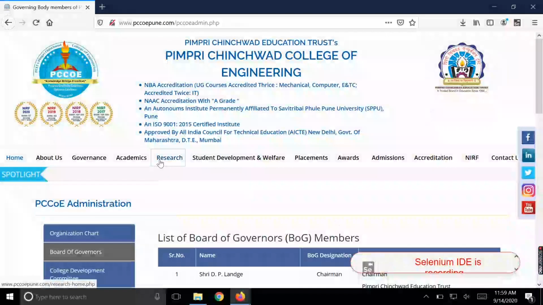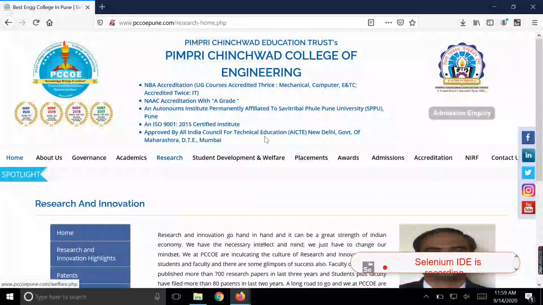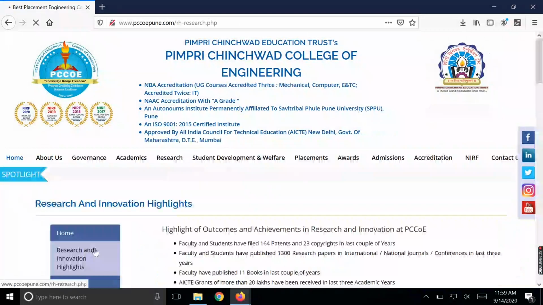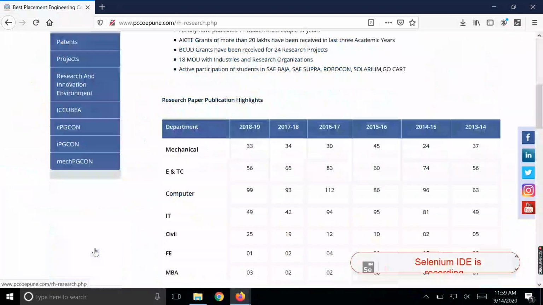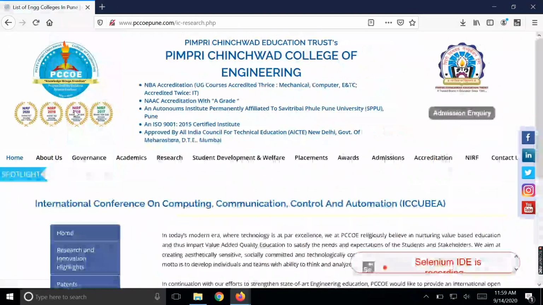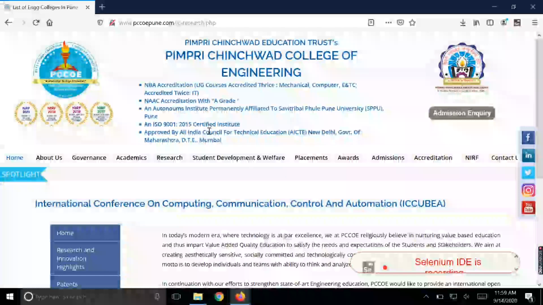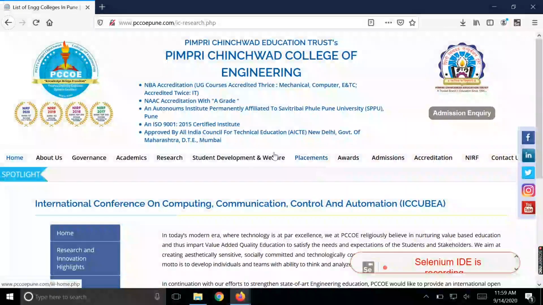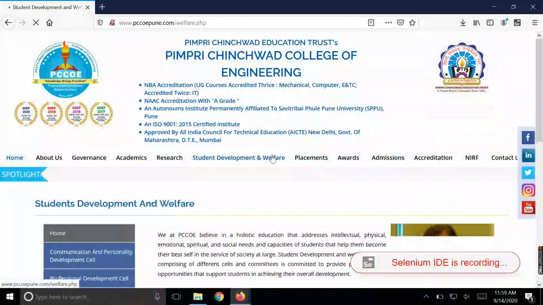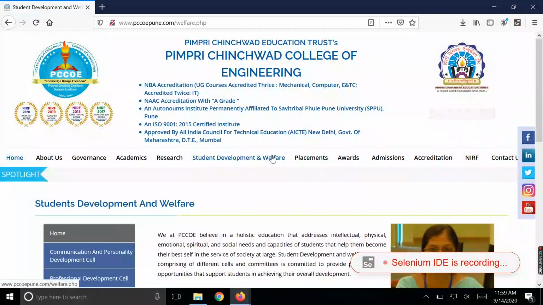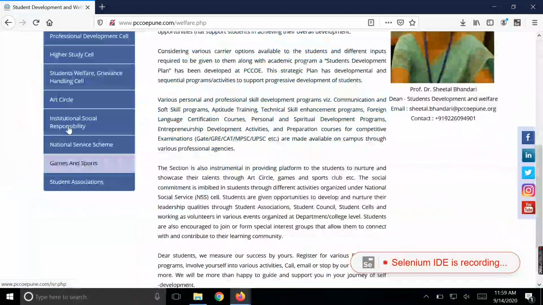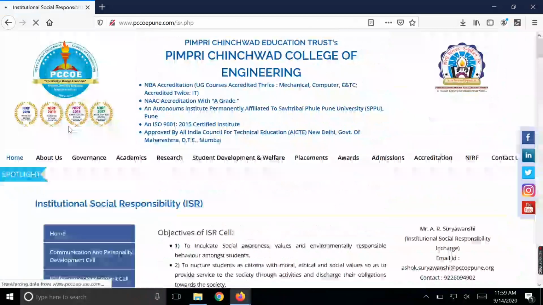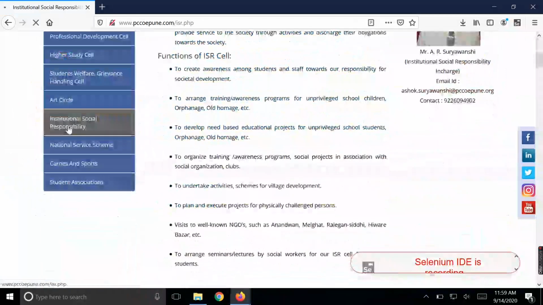So like this, suppose this is my third page that I am going to visit. Inside research, suppose I visit research and innovation, and then I visit ICQBA. What I am doing is performing the click. It is recording all my click activities, the click interactions that I have done with the pages. See here, now I am going to the student development web page. All my activities are click activities because it's a static website, right?